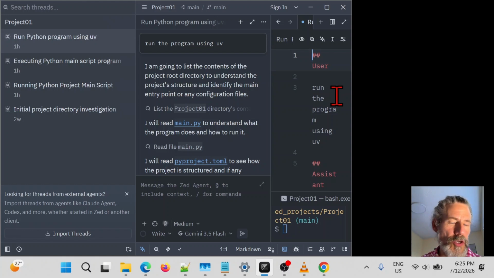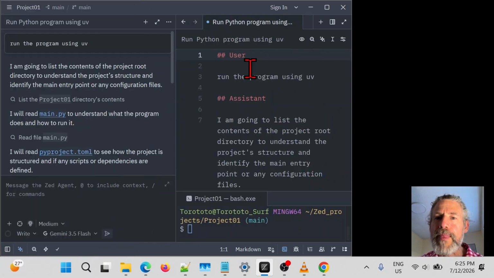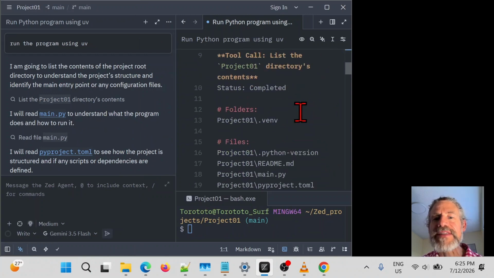So I will close the agent history panel. And here on the right, I see a text which is formatted in a format we call Markdown. And it's not saved. So to save it and share it later, on Windows, I type Ctrl S, on Mac